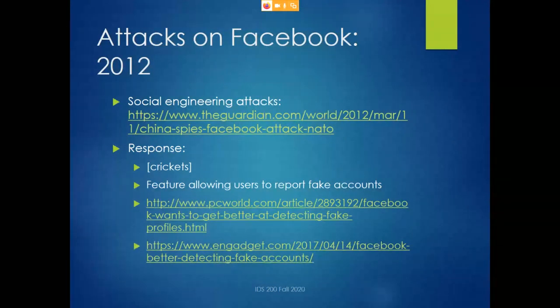Or eventually just pretend that they're the admiral himself and talk to some people who are actually involved in planning operations, and they could find out things that way. So Facebook, number one, basically crickets, right? They didn't have much to say about that because Facebook doesn't want to block people from creating new accounts, even if those accounts are fake. If they can detect them, they will get rid of them. But other than that, Facebook doesn't want to put up a lot of hurdles making it difficult for new users to create accounts, because that's what Facebook needs to make more money.